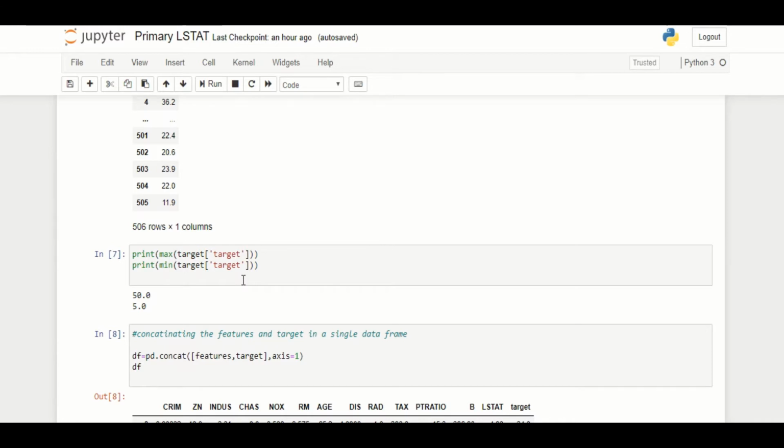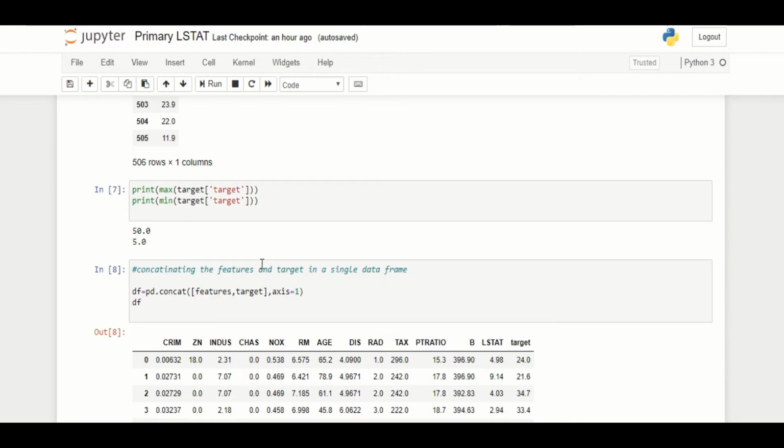getting the maximum target value and minimum target value from the available data. Here we can see that 506 rows are available. From these 506 rows, we can find the maximum and minimum values. Here we can see the maximum value is 50.0 and the minimum value is 5.0. Thus we can say that the values are most reliable for these prediction